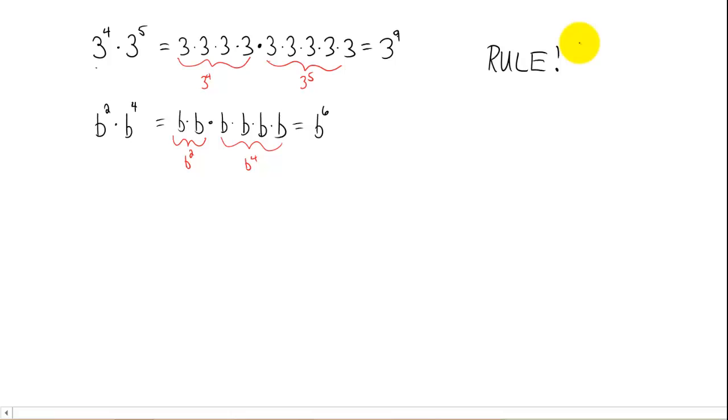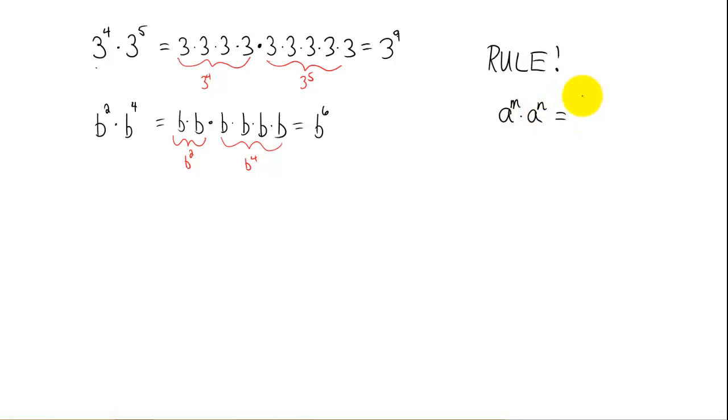So what we want to do is write down a general rule that's always going to be true regardless of what the base is and regardless of what the powers are. The way that we do this in math can sometimes be a little bit ugly, but let's see what we can do. The rule is we have two bases that are exactly the same, and they're both raised to different powers. Now we don't want to put numbers in for the powers here because we want this rule to work for every single power. So what I'm going to do is make this power m